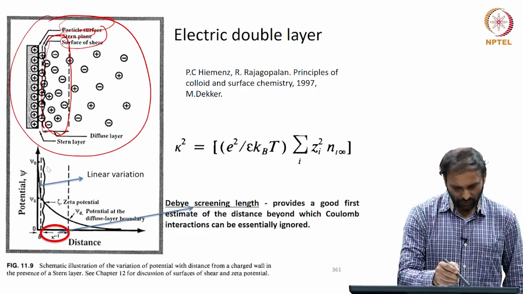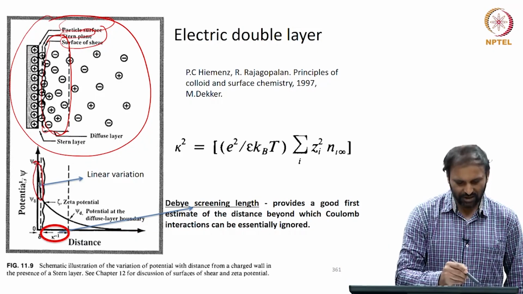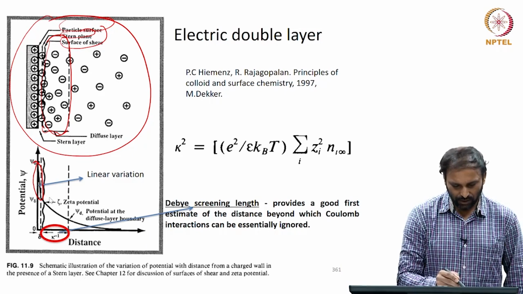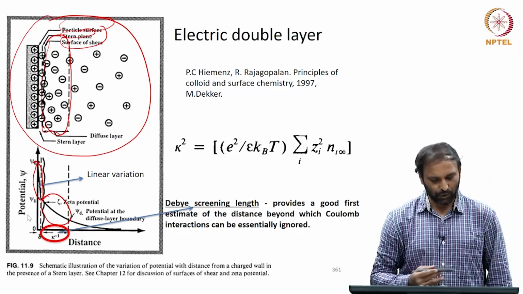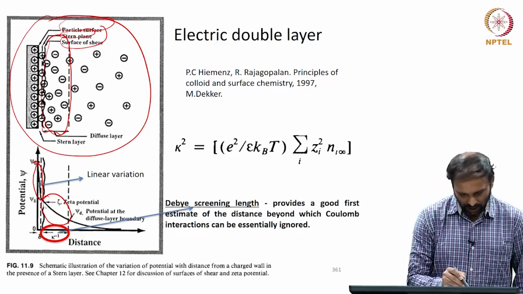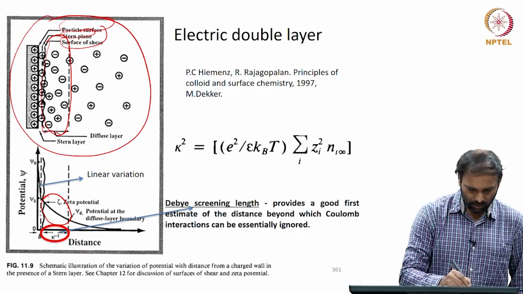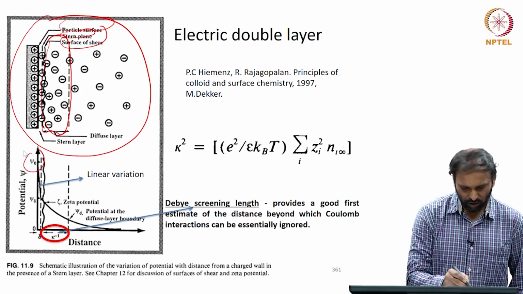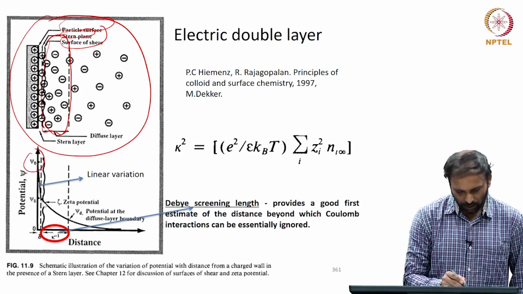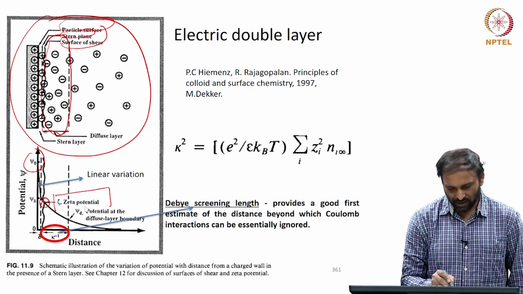If you look at the Stern layer, the linear fall of potential is evident, and in the diffuse double layer the potential falls in more of an exponential way. The potential at the surface is psi naught, and the potential at the plane of shear is the zeta potential,